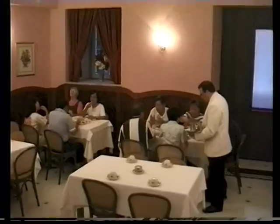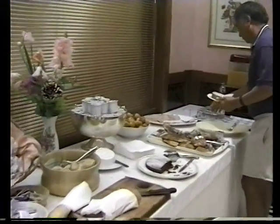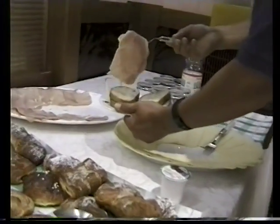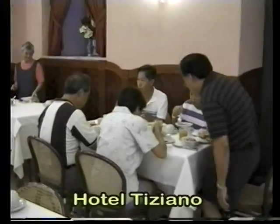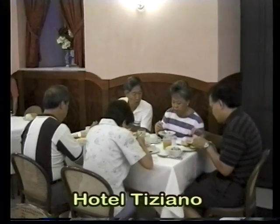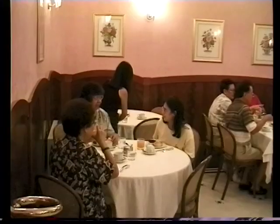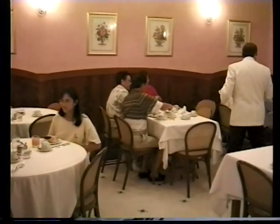The piazza is just as lively and safe in the evening as it is during the day. Next morning, we awaken to another nice breakfast at our hotel Tiziano. We're staying right in the heart of Rome, only 2 blocks from the Piazza Navona. Tiziano is also just a few blocks from the Pantheon, from Largo Argentina, from Campo dei Fiori, from the old